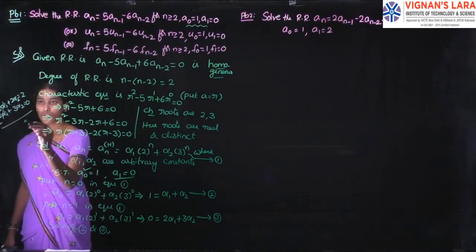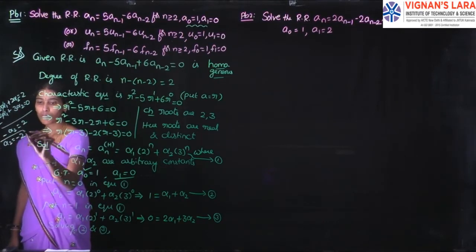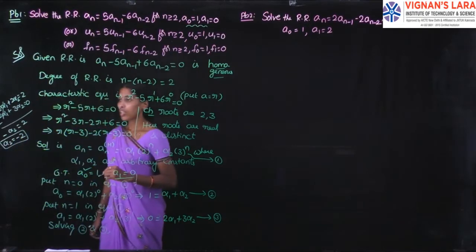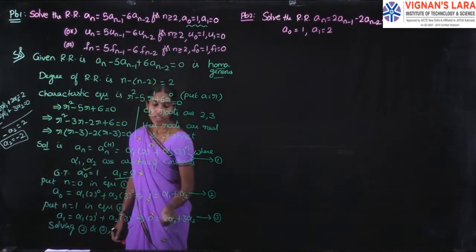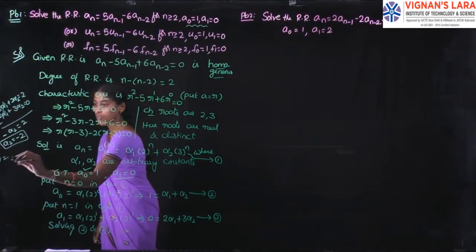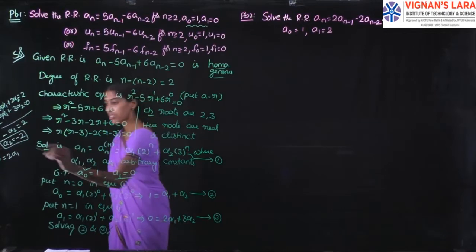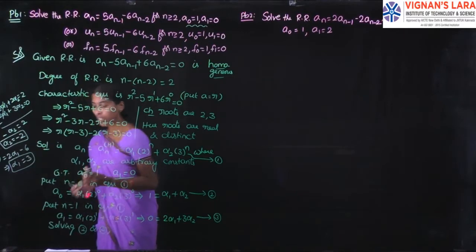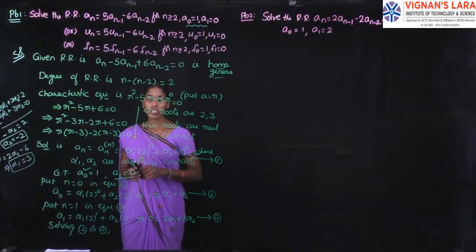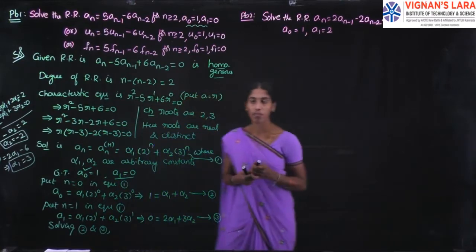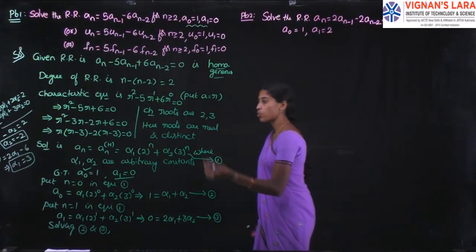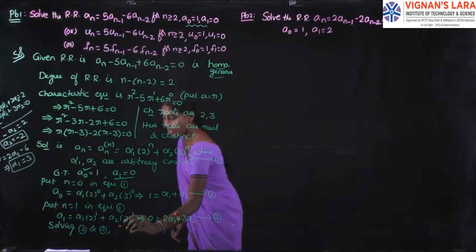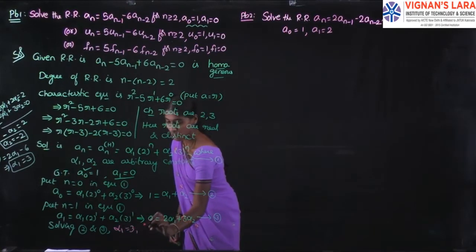So by cancelling these two, we get minus alpha 2 is equal to 2. So alpha 2 value is minus 2. And then substitute alpha 2 value in equation 3, which is 0 is equal to 2 alpha 1 minus 6. So what about alpha 1 value? It is 3, right? Like that, we need to solve those two equations and find out the arbitrary constants values alpha 1 and alpha 2. Now substitute those two values in equation 1. Alpha 1 is here 3, alpha 2 is minus 2, right?